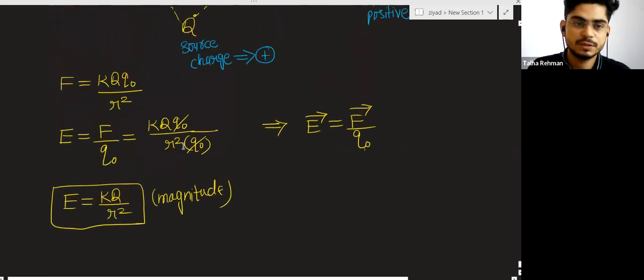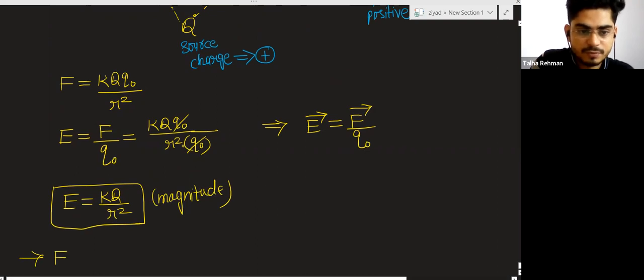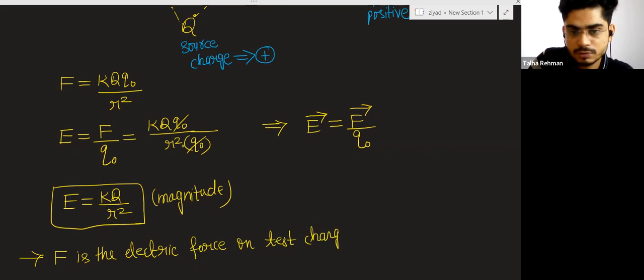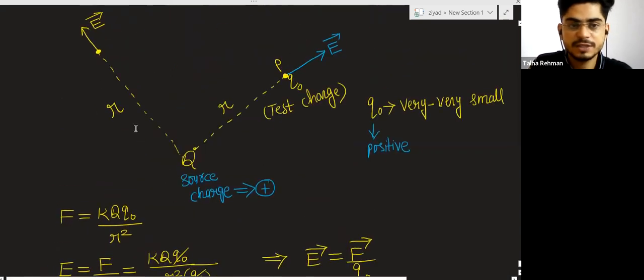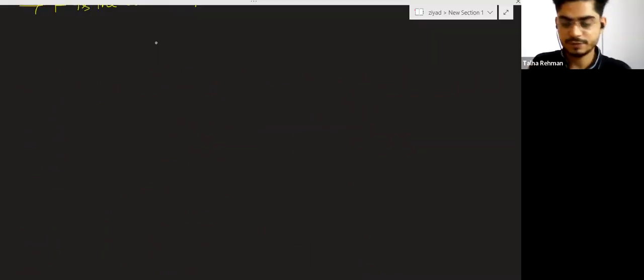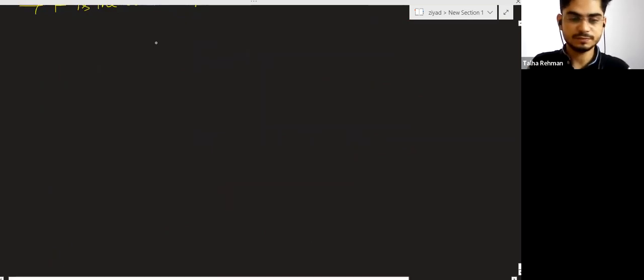I am just writing some terms here. Here F is the electric force on test charge q naught. And r, what is r? R is the distance between the source charge and this point. So I am just discussing this here. So if you want to find the electric field strength or electric field intensity, then